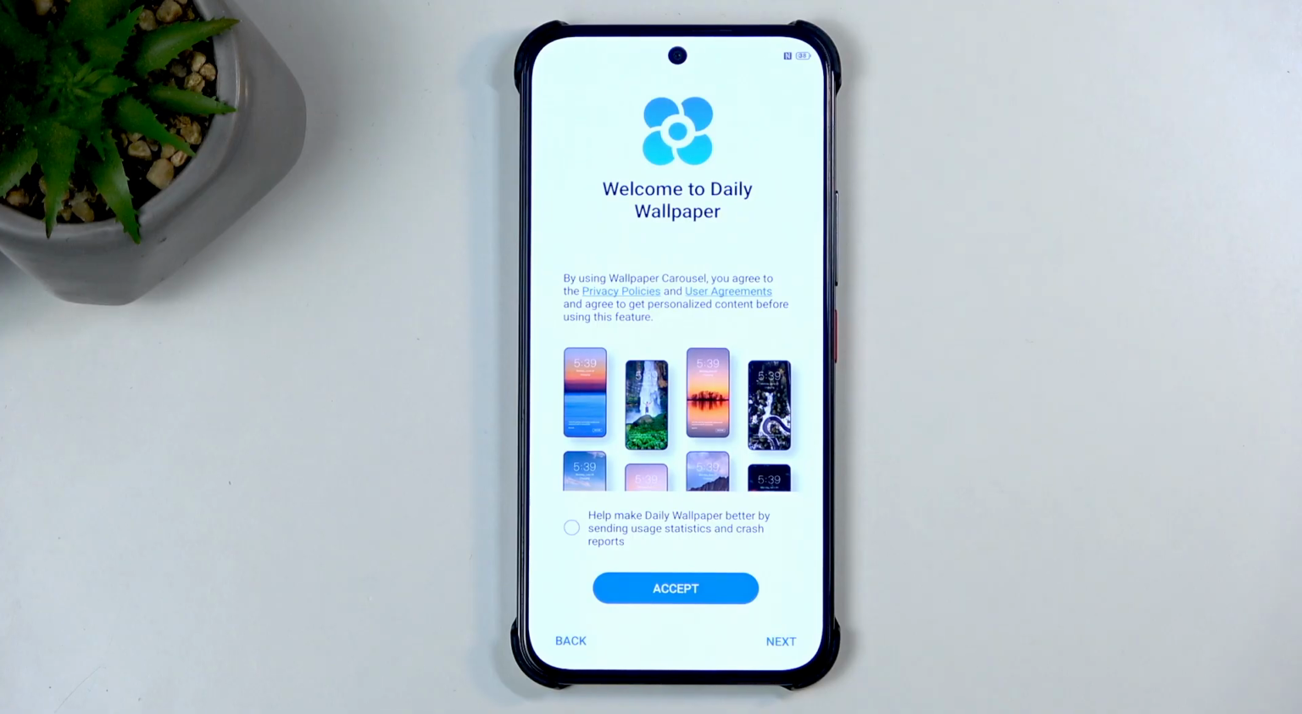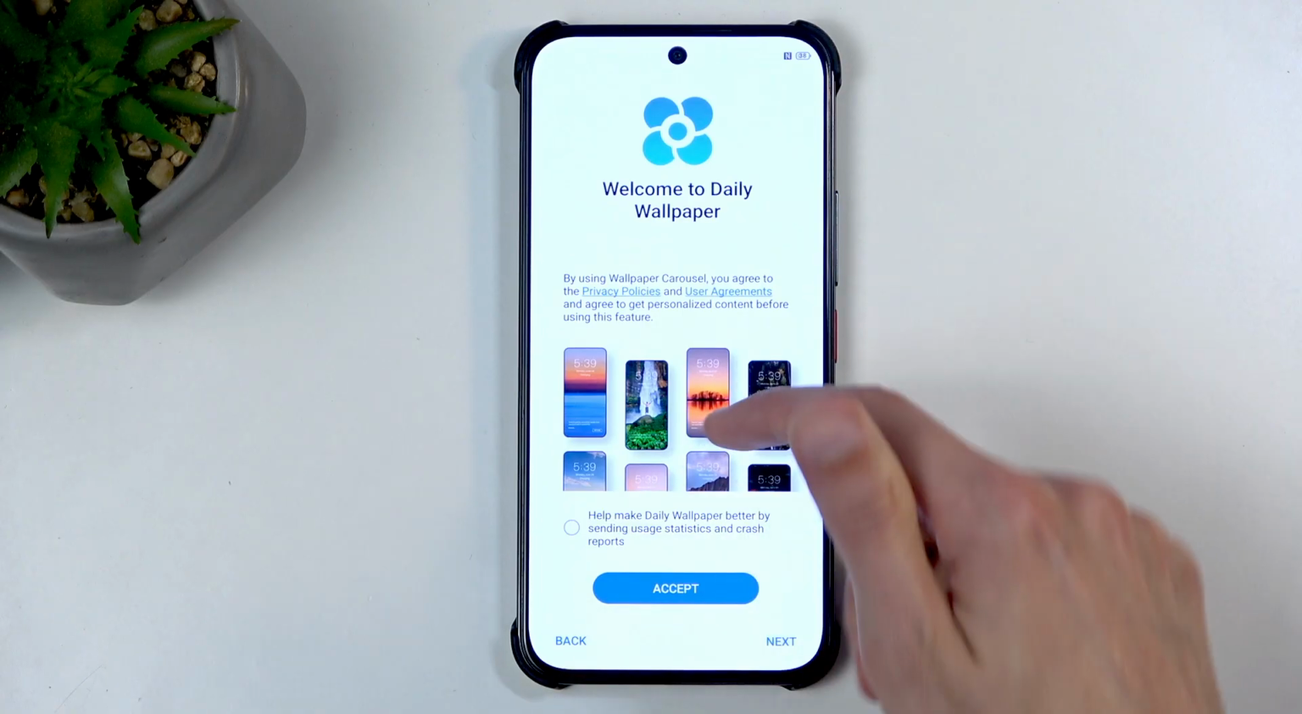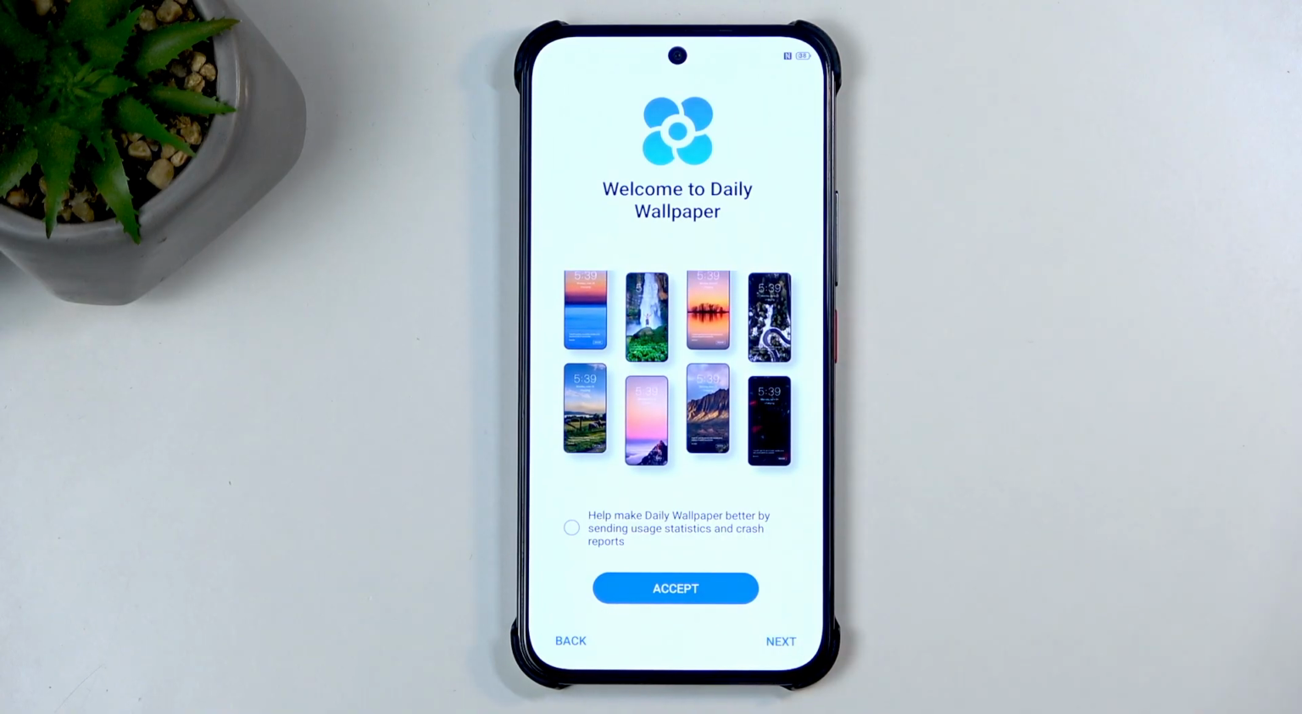And here we have, welcome to daily wallpapers. I recommend turning that off. It's as simple as that. Now, these wallpapers, at least here in the example, aren't that bad, but I can tell you from using them, there usually are some kind of random wallpapers that I wouldn't want to have show up on my phone,